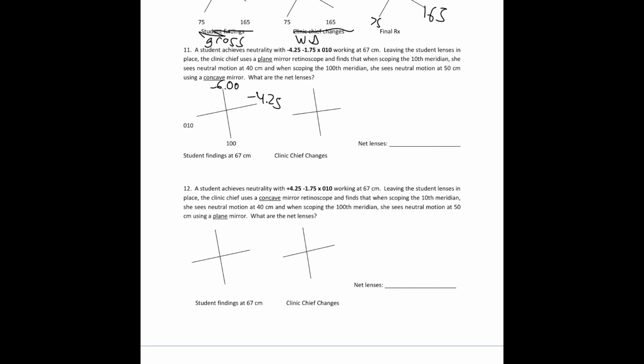So the student, the chief leaves the student's lenses in place. They haven't changed anything there. They see neutral at different working distances. So this is one of those cases where all we're doing is taking out a working distance, and then we're done. Okay, the point of this question is to emphasize something that I mentioned before,